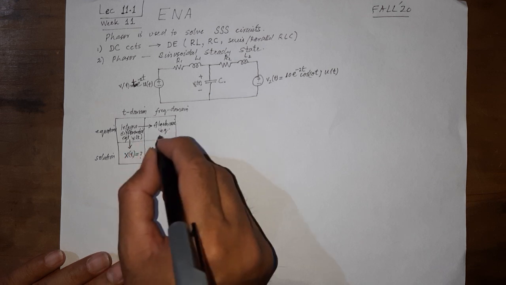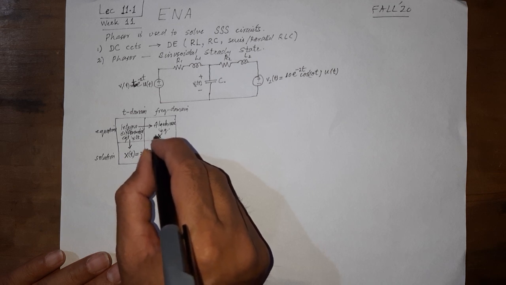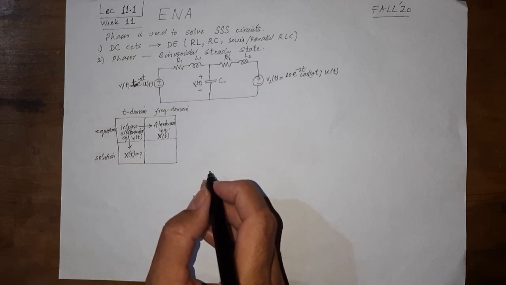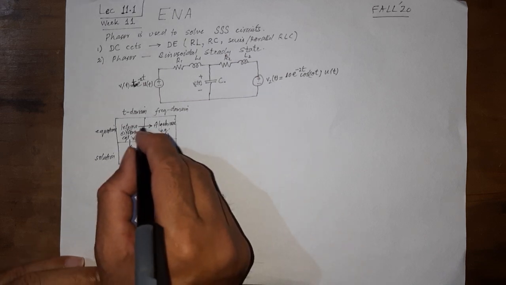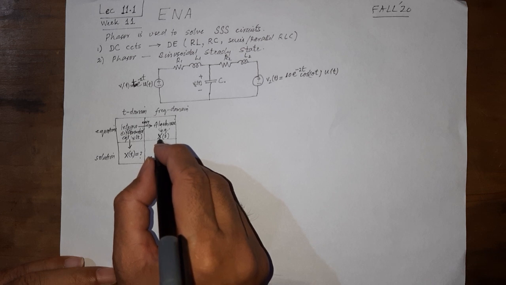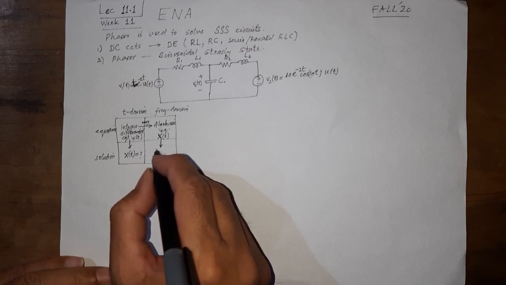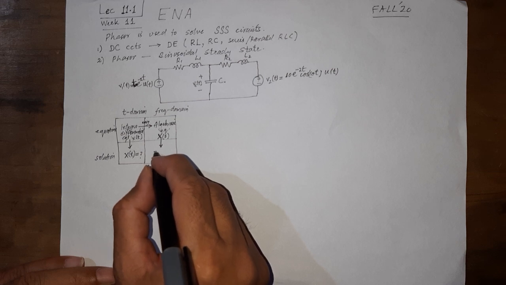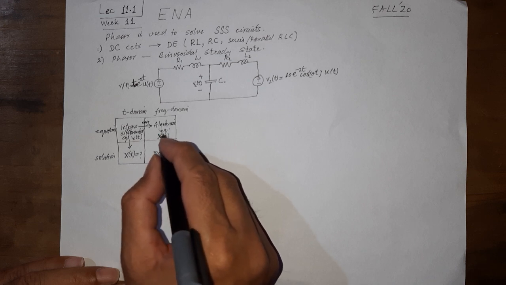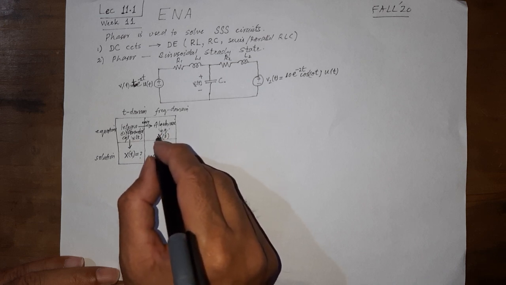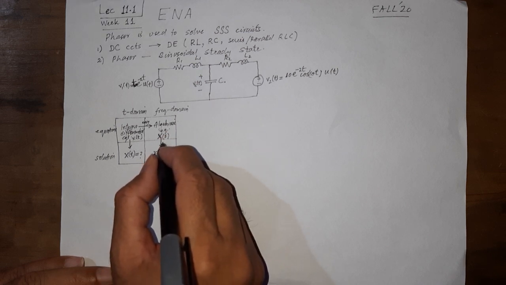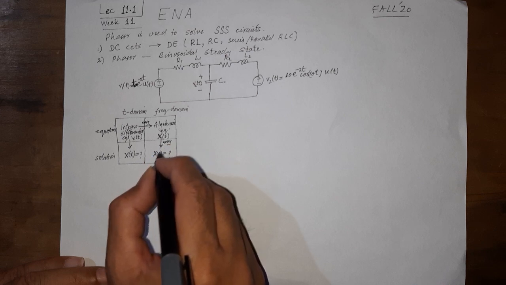So instead of x(t), say it is some capital X of some other variable, say s, and we want this conversion to be an easy procedure. Then remaining in the frequency domain, we find the solution. This is an algebraic equation with X(s) as the variable, and here the solution X(s) is found, and we want this methodology to be easier as well.